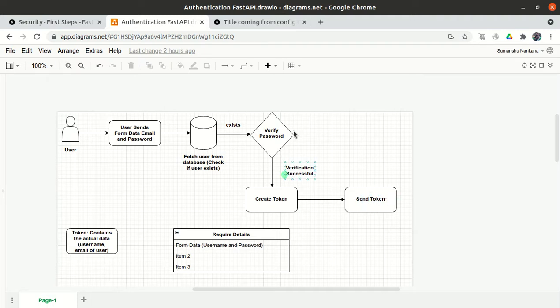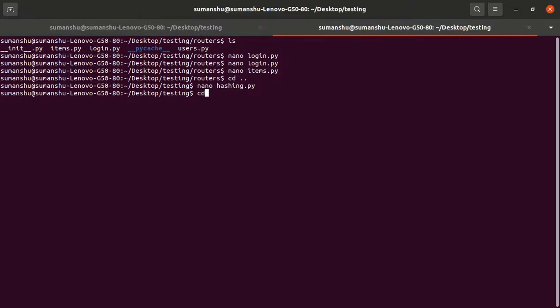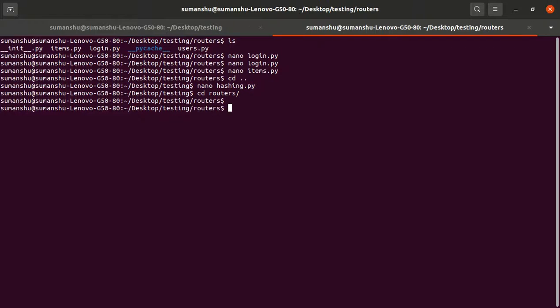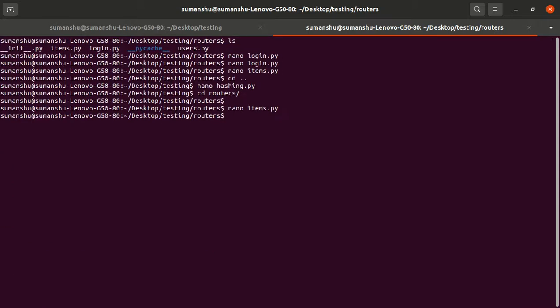Once we have created a token, then we will see how to use it. Let me show you the nano item.py file. Here we are passing the token, but from the token we want the owner ID field. Within the token we have the email, and using the email we can easily get the owner ID from the database, because once the user gets created, the database holds the ID.